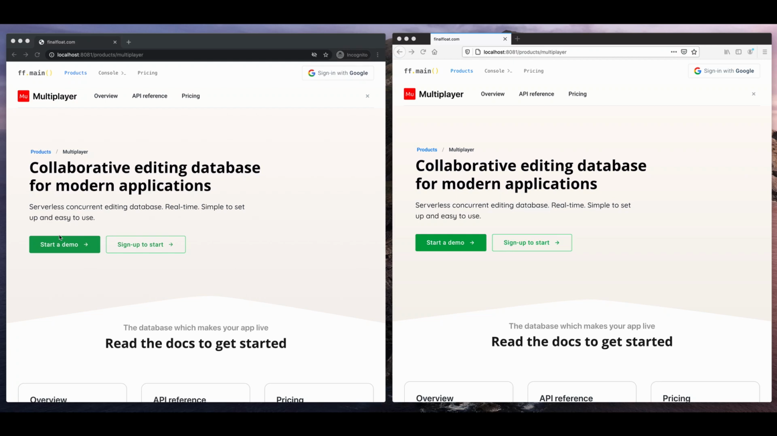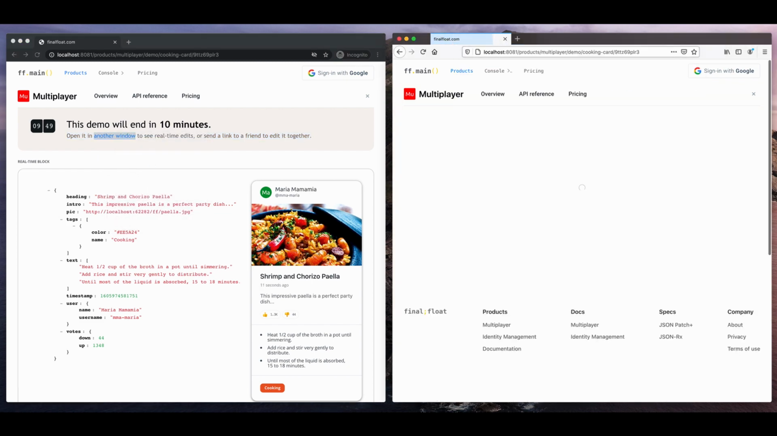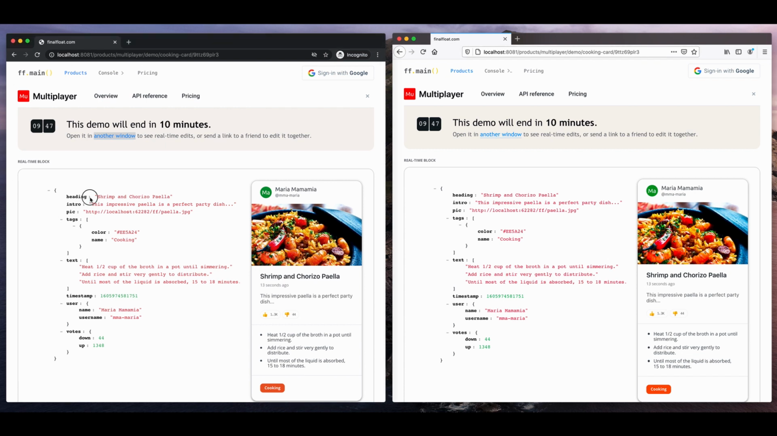Let's start a cooking card multiplayer demo. Here a new temporary multiplayer block is created for us which will expire in 10 minutes. You can share the block with your friend or open it on multiple devices. I will open it in 2 different browsers, so we can see the changes are synchronized across both browsers in